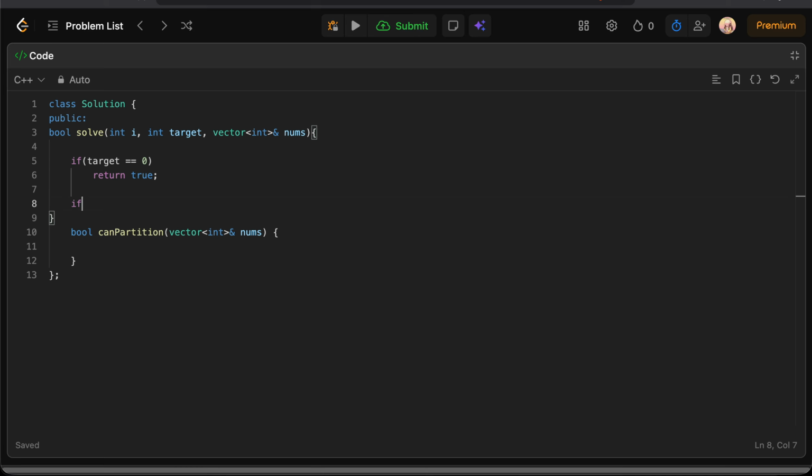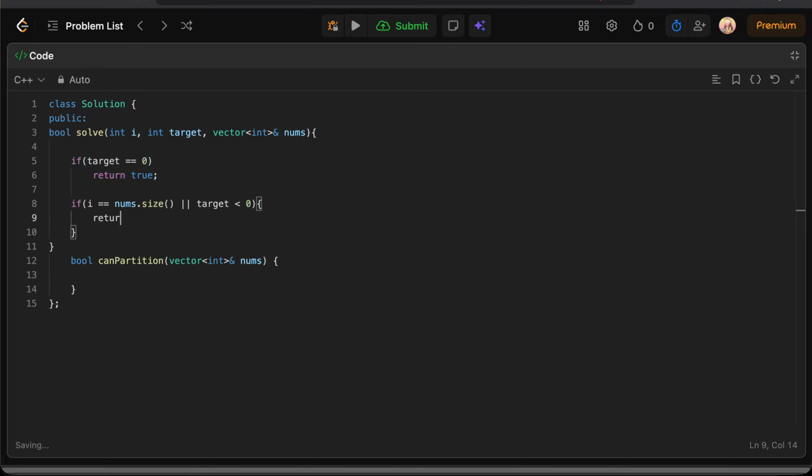If i is equal to nums dot size or target is less than 0, return false.